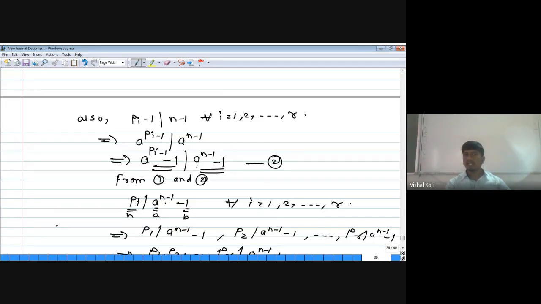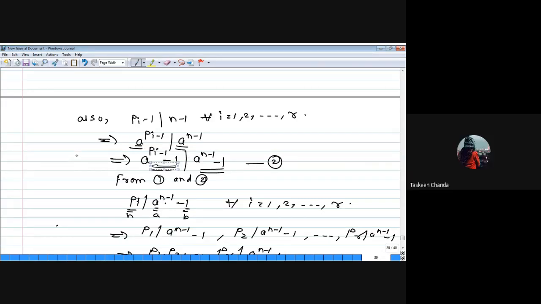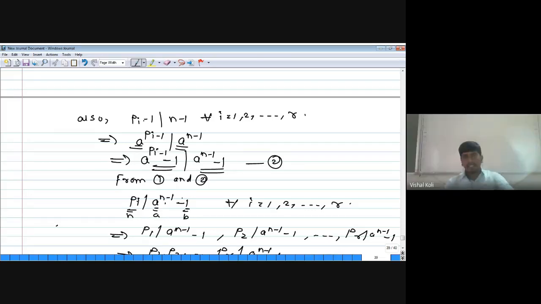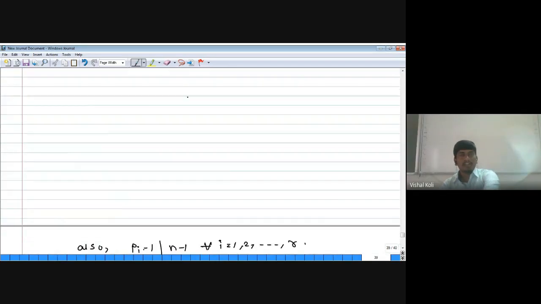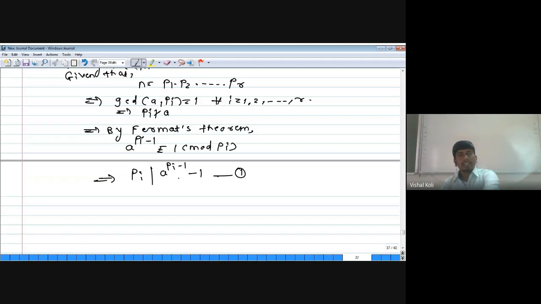यामध्ये कुणाला काही डाऊट आहे ना? हा जर याला डिवाइड करत असेल तर हा याला डिवाइड करतो याच्यावरून. हा डाऊट आहे कुणाला? No, sir. ठीक आहे, जर डाऊट नसेल मग इक्वेशन 1 काय होता, Pi divides A to the power Pi minus